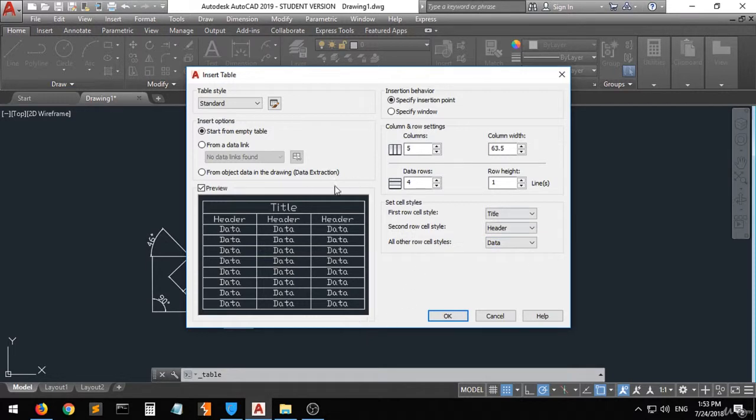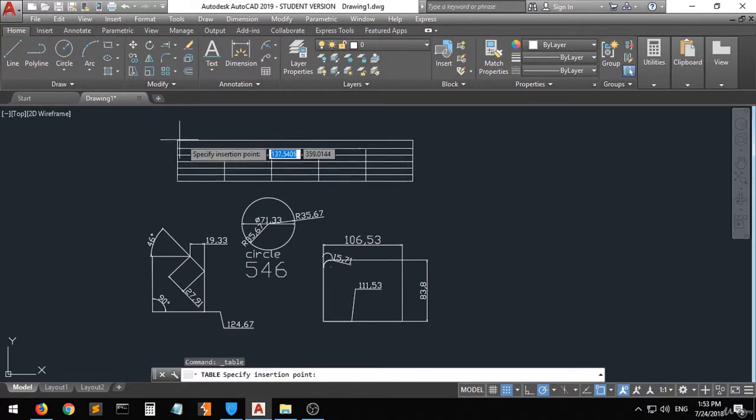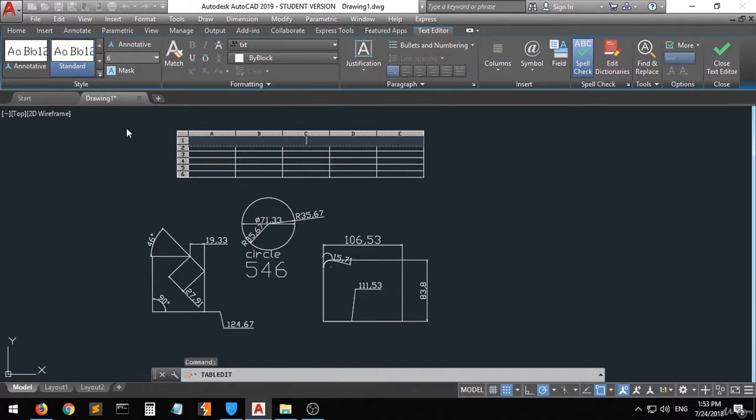It depends on how you want to create your tables, but these are the default settings for the tables. You can also put other headers, but let's put it back to data. Click OK